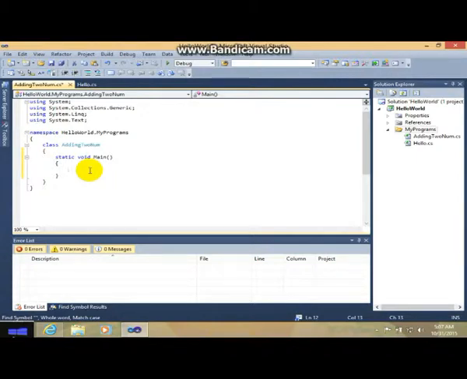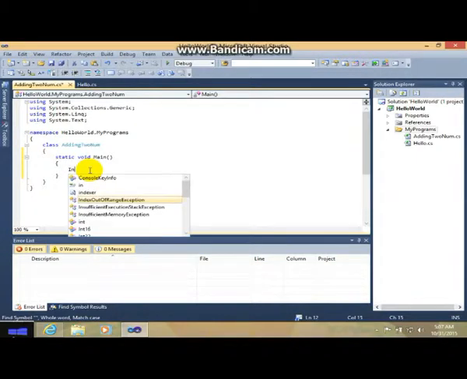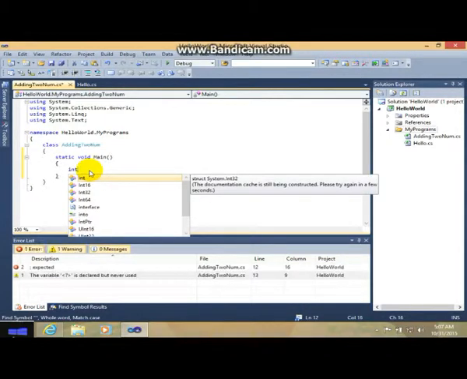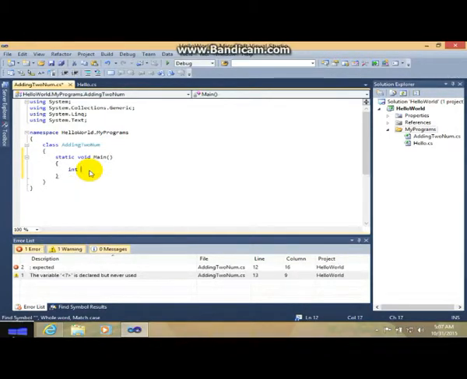Now here is the thing, you will write int. You will use a variable x is equal to, you can write whatever number. I will write 20, and don't forget to make a semicolon.